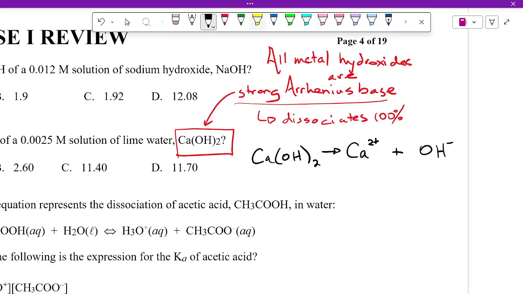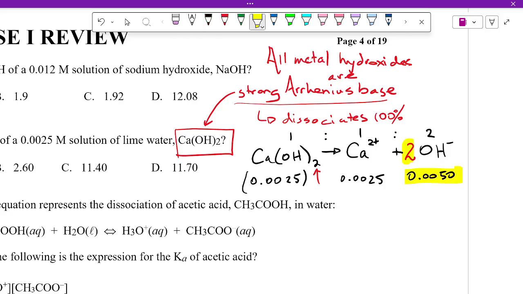Is this it? No, because we have a 2 here, we need to have a 2 here. And if this solution is 0.0025, we have a 1 to 1 to 2 ratio. So the calcium will be 0.0025 and the hydroxide will be 0.0050. It's going to be twice as much, right? Because it is the 2 here. And so then if we take the negative log,